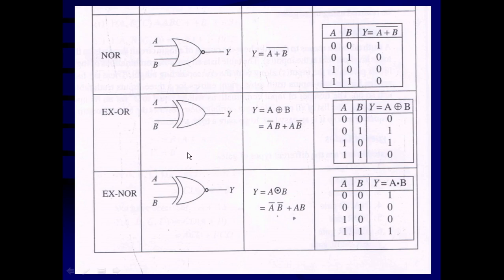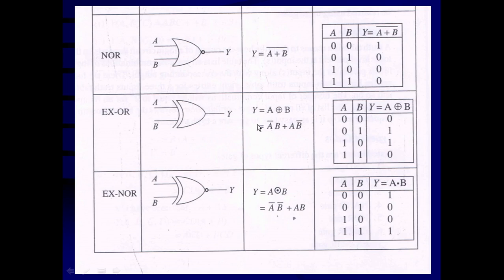An XOR gate followed by a NOT gate is called an XNOR gate. You can see the XOR gate, and then the NOT gate is shown here as a bubble. So this is the complement of the XOR gate, that is going to be the XNOR gate, and the output for the same combinations of input is going to be complemented. So here it is 0, here it becomes 1. Here it was 1 1, that becomes 0, and the last, which was 0, becomes 1. So this is known as an XNOR gate.